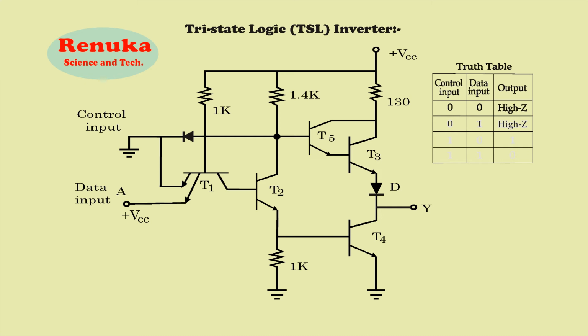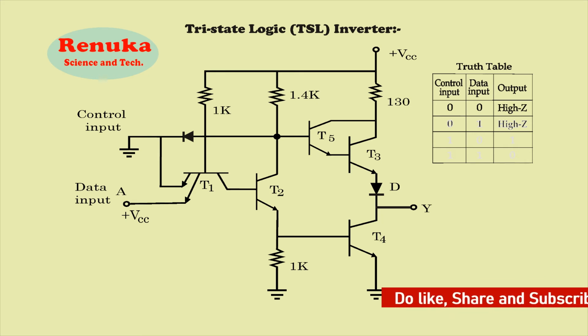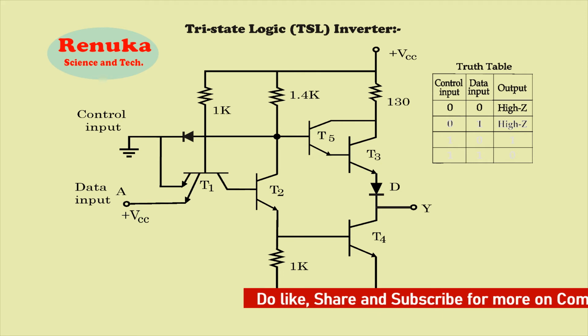So all the current from the power supply through the 1 kilo ohm resistor is still sinking towards the ground. So T1 is still on, and because of that, all the current is flowing towards the emitter and no current is flowing towards the collector. So T2 will be off. If T2 is off, then there is no current at the base of T4. So that is why T4 is also off. So combinedly you can see at the output T3 is off and T4 is also off, and overall the impedance is high. So in this state also we have the output as high impedance state.